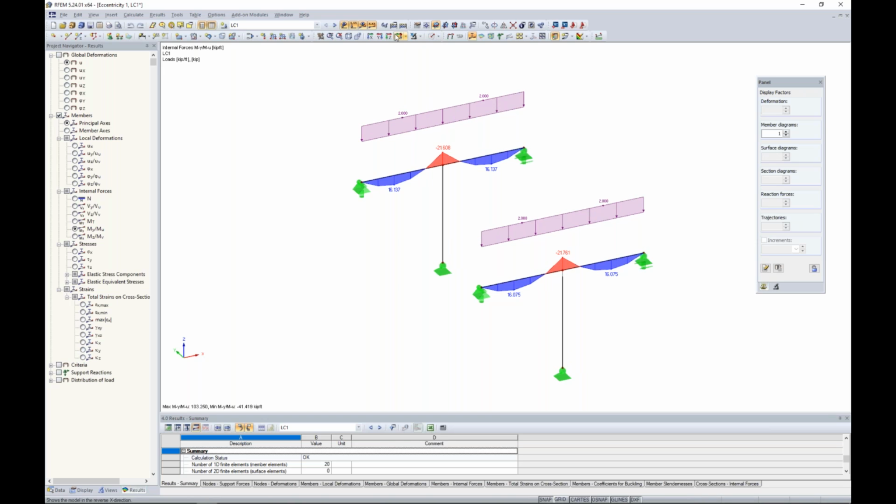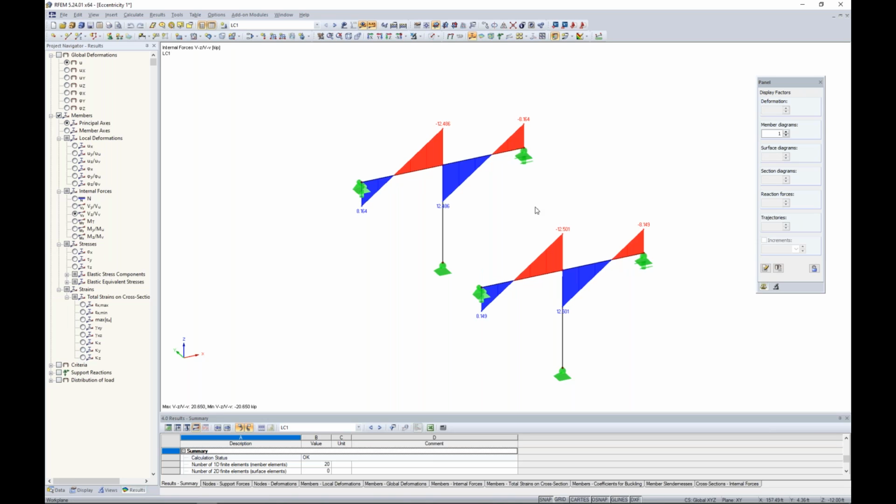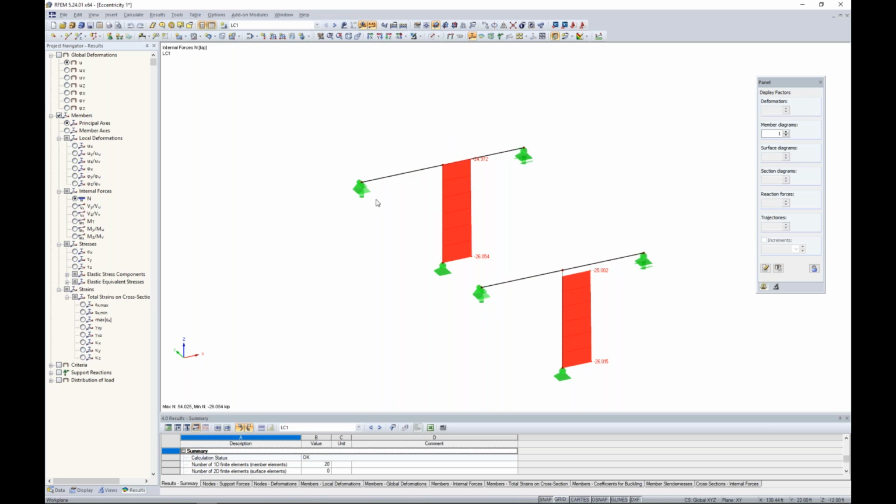So let us once again take a look at the examples, and we'll turn this to wireframe view. Let's turn off our loads. Same loads apply to either scenario. And we take a look at the bending moment. Now, only 0.1 kip feet of difference here between my model on the left and my model here out in front on the right. When we take a look at shear, again, about 0.02 kips difference between the first and the second examples. Maybe we're interested in seeing our axial forces within this column. If we take a look at the axial force down at the bottom, 26.05 versus 26.01,